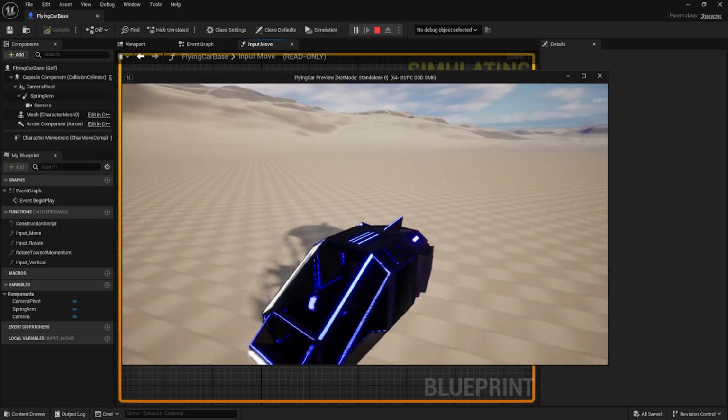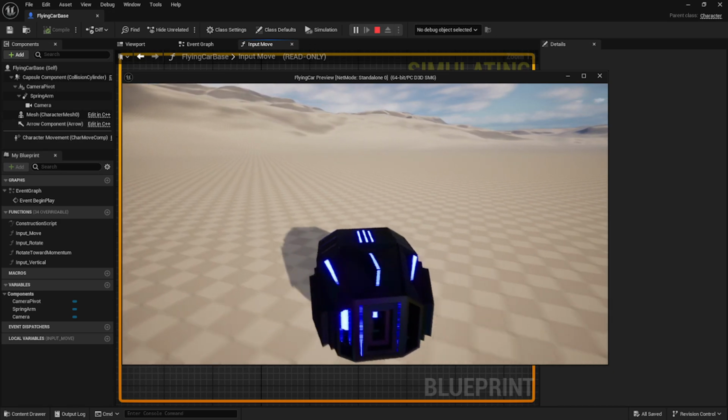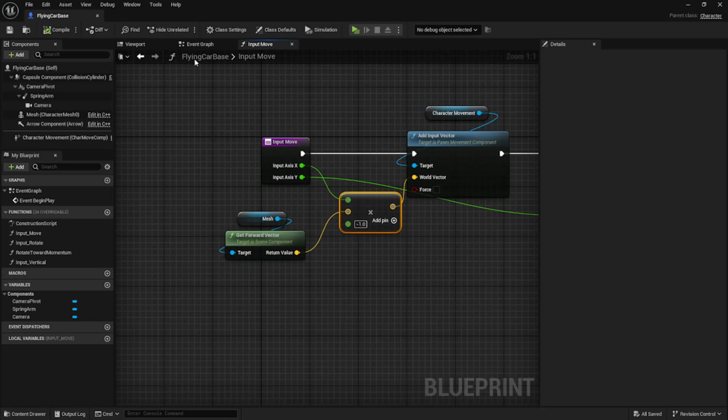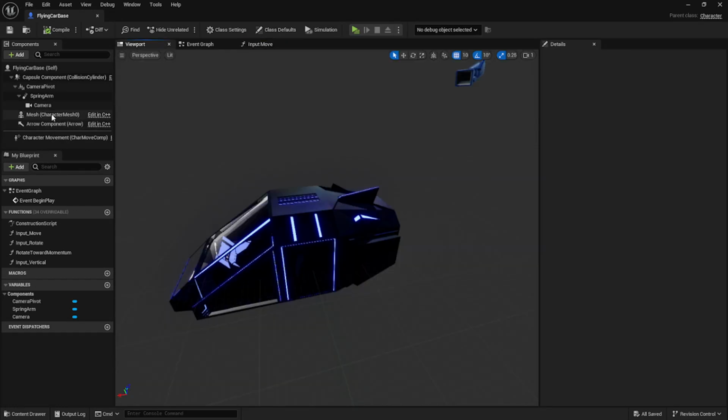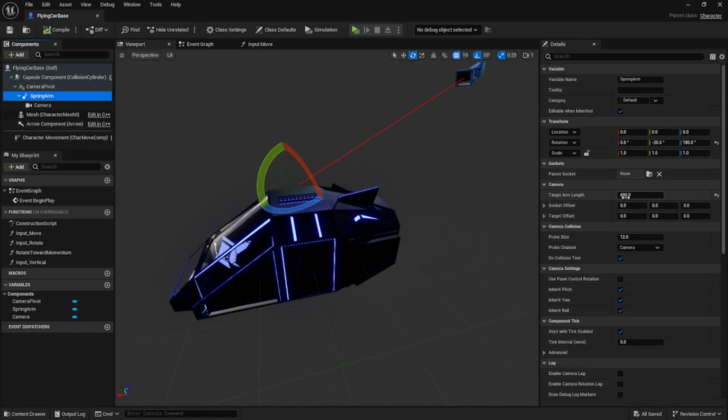Actually, this will be the perfect time. So one thing I want to do, because I think it'll be fun, let's take our spring arm out a little bit more. I want to say like 800. Let's give ourselves a little bit more of a bird's eye view here. And then